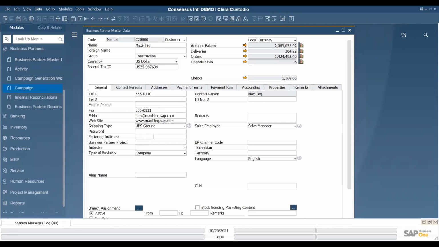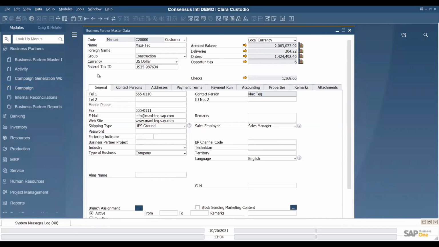We are not going to go over how to create user-defined fields or tables. We just feel that it's important that you are aware that those exist. And if you cannot see them on the normal screen, there is a quick way of seeing if there are user-defined fields in your screen or table. And that is what we want to show you today.